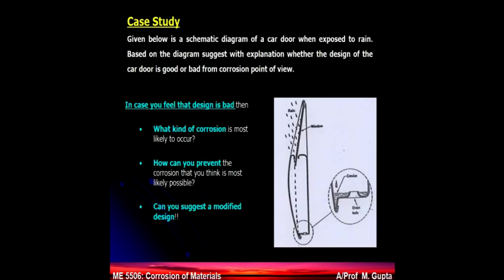So let's look at a case study, a situation which was experienced by a typical car company way back in the early 1980s. They designed the car door in a way that the design is shown in this picture here. When it rains, this rainwater used to seep through this glass panel, part of it goes down, and the bottom part of the design of the door was like this, which is shown in the blown-up view here. So you have a stagnant water situation here,